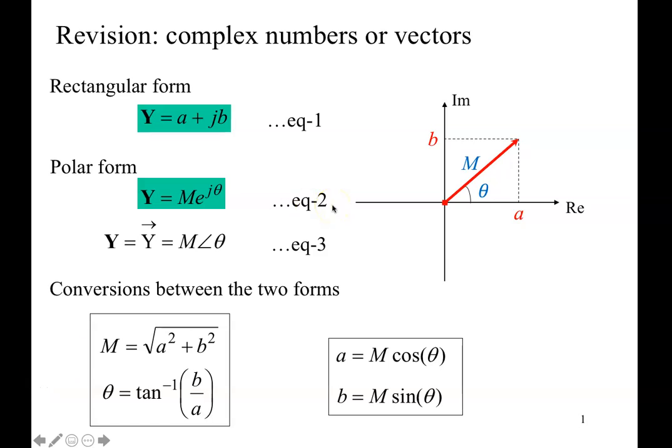Right. I'd like to do a revision on complex numbers and vectors for you guys. This is actually not part of my module, but is one of the very important mathematical tools that we use in control engineering. And in the past, I found people struggling a lot with vector numbers, and it really affects their understanding of control subjects. So it's actually quite essential, although, again, it's not part of my module, but